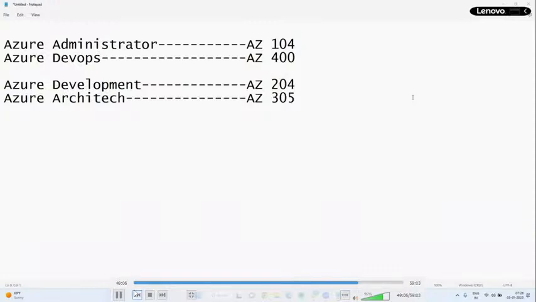So Azure administration is like server administration. It will cover storage, infrastructure maintenance, creating VMs, like that. Yes, creating the VMs, deploying the application, monitoring, troubleshooting, everything, guys. Only Azure.